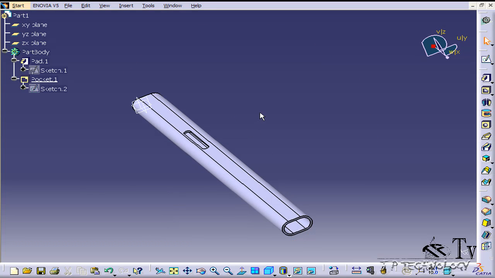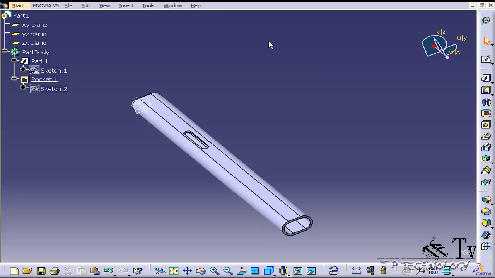So this is allowing you to click, throw it on your part, figure out where you want to move it, and it allows you to move it. Now the only sort of drawback compared to the translate feature is that when you use the translate feature, you would get a feature on the side that said where you translated it and how far. With the compass, it doesn't give you any of that, so you can't really go back and retrace your steps. So you kind of have to know where you want to put your component, and then use the compass and